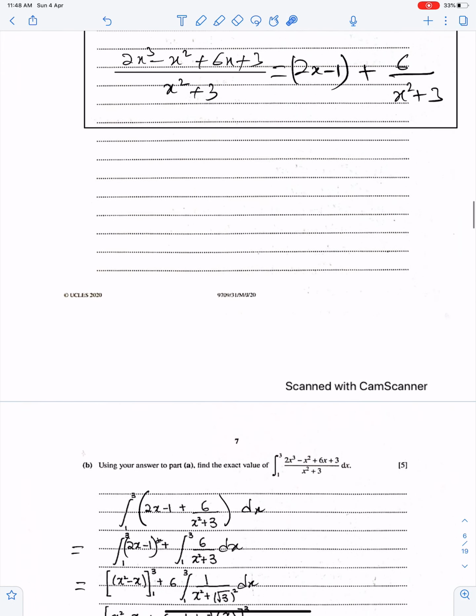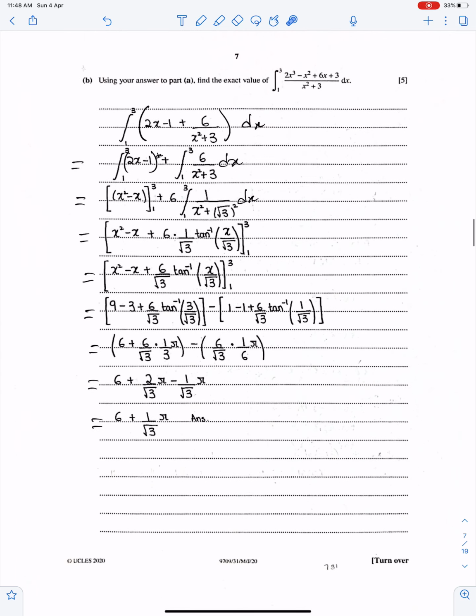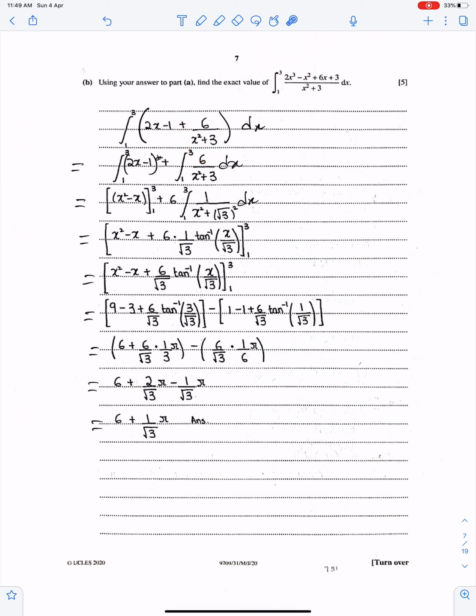Here, see, because they are asking integrate this. You cannot integrate this. You have to integrate this thing. And this is the tan inverse format. Bring this 6 outside the integral. See, this is the tan inverse. So you need to write the reciprocal of this here, 1 upon root 3, tan inverse, and the fraction of these two, x upon root 3, and then apply the limits. And do these calculations carefully. Make sure your calculator must be in radian mode.